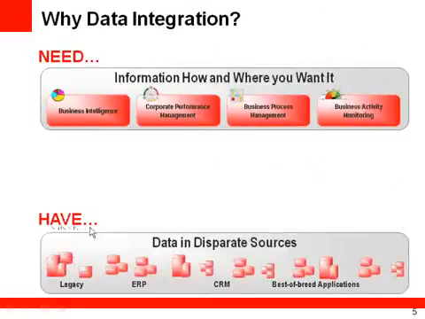What exactly do we have now? We have some legacy systems available. It may be mainframes, applications, or something. Some ERPs are available. That means some employees' data we are trying to store over there. Some CRMs are available. Some customer relationship management data we are storing. Some best of breed applications are available. My own customized applications are there. I may have prepared my own application. This is what we have.